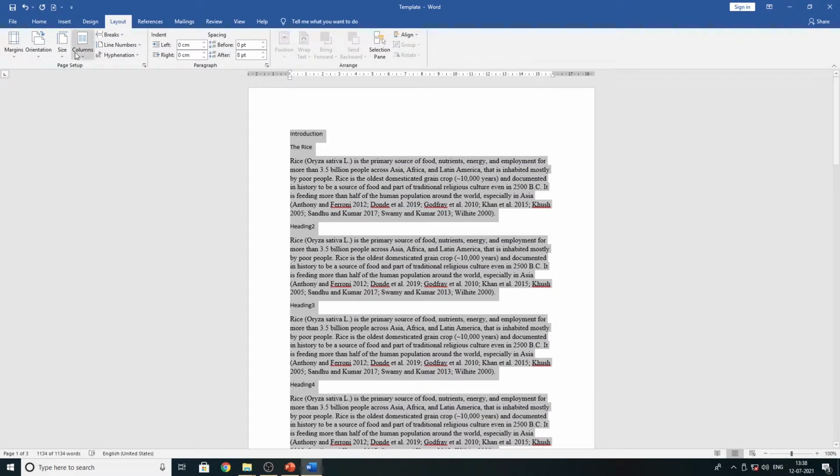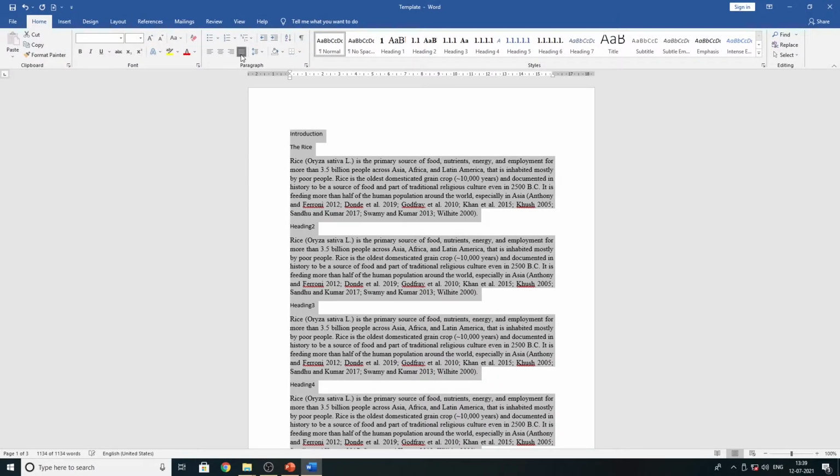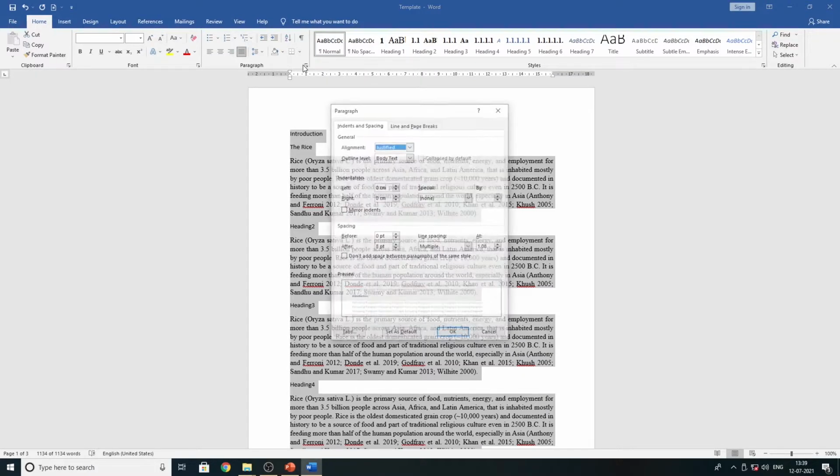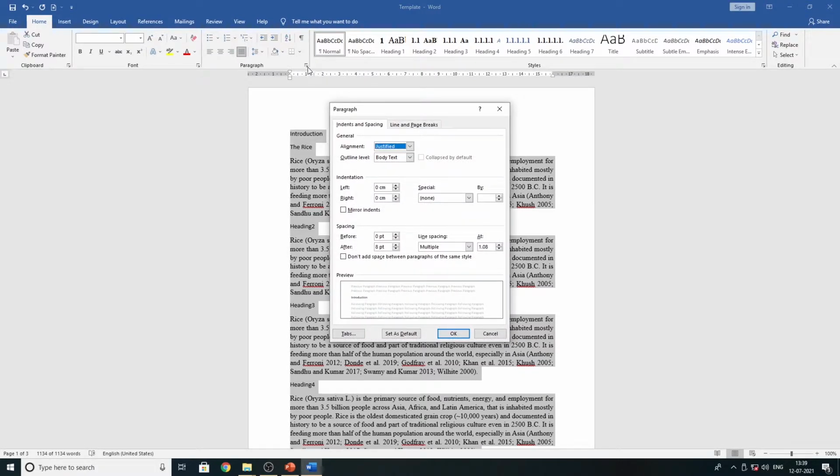Now we have selected A4 size paper. Then go to Home and set the alignment of your page, like the paragraph. For more detail, you can go to the right side where a small arrow is there.